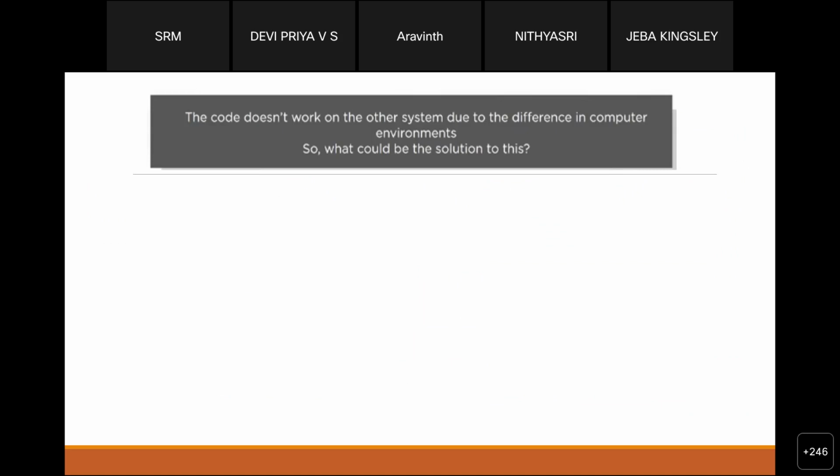If that is there in one system and the same components are not available in the system running that software, then it won't work properly. It will show some errors. All the components and libraries required to run an application should be available in the second system where it is being tested. So if this difference happens, the program won't work properly. So what could be the solution to this?